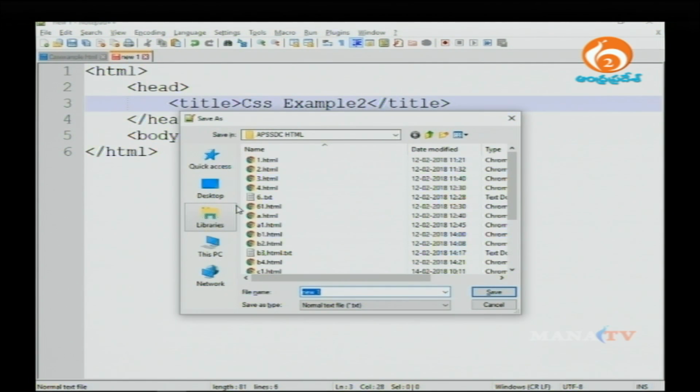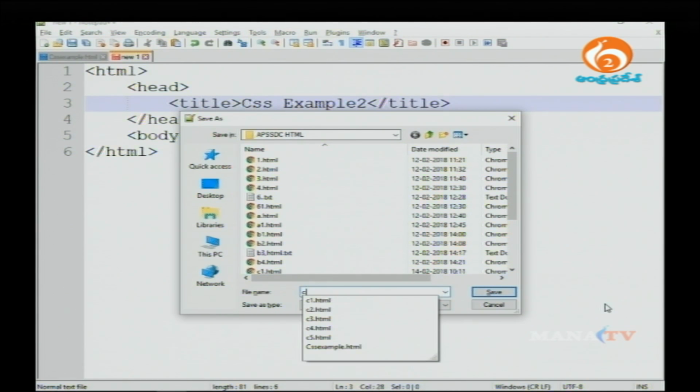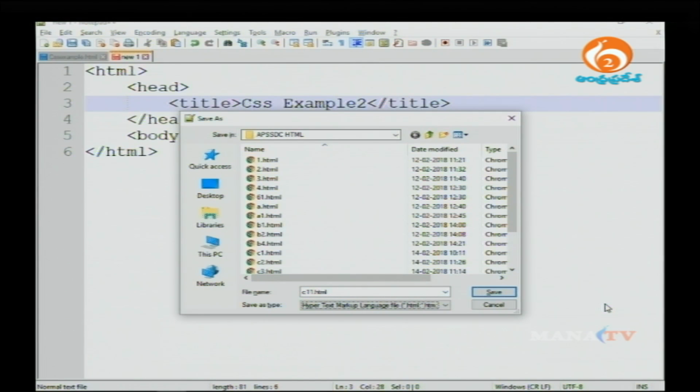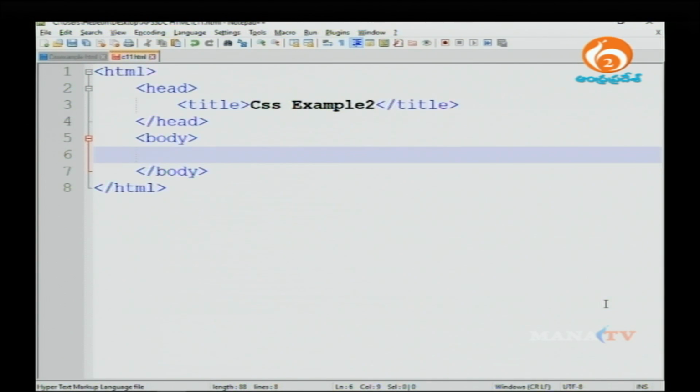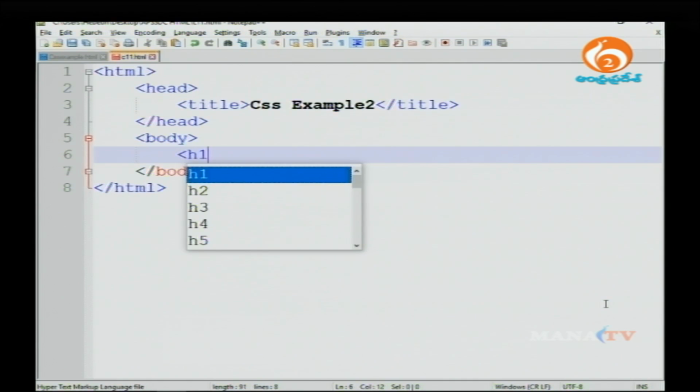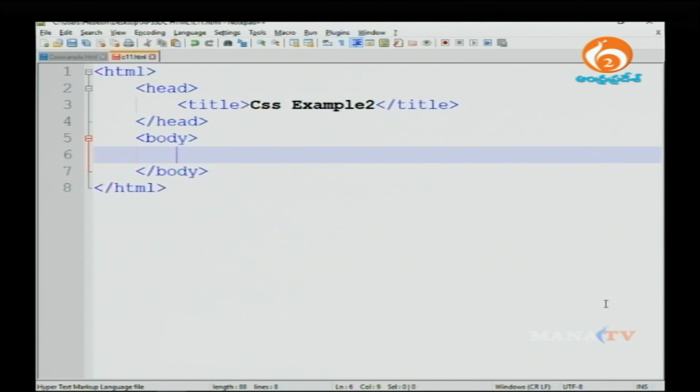I am going to save this document. The document name I will write as, for example, C11 dot html. Save this doc into your local machine. The moment you save it, I am going to open the body part. So, how many H1 elements do you require? 4 H1 elements. Within the 4 H1 elements you want the same style. So, I am going to write the 4 H1 elements,